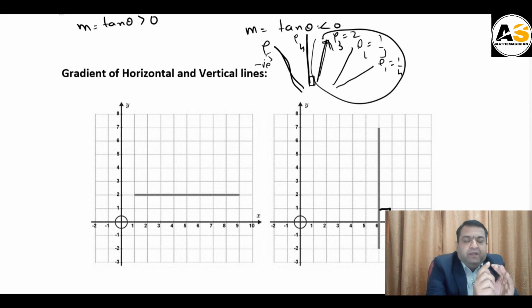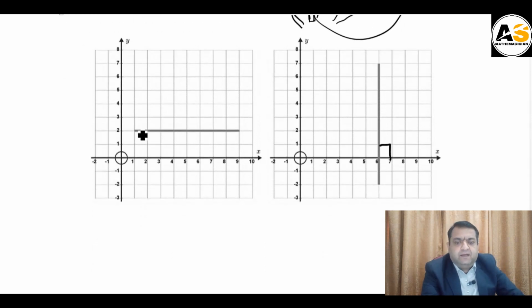So from here you need to learn that if a line is rising, its gradient is positive. If a line is falling, its gradient is negative. If a line is horizontal, its gradient is 0. And if a line is vertical, its gradient is undefined. Some people say infinity, but I don't agree with that. Okay. Now,